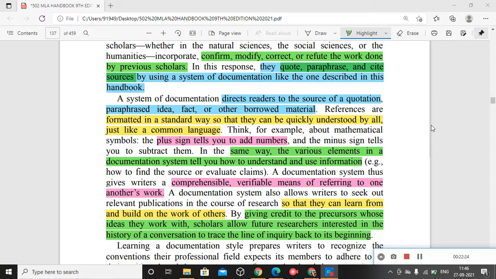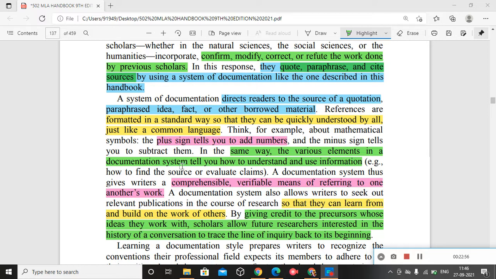The symbol of subtraction, think about it. In an essay, it may be a hyphen for us, right? But in a mathematical problem, you subtract the number. You don't consider it a hyphen. So that's the way. In this documentation, you have the standard ways to read and understand, locate things, locate ideas.